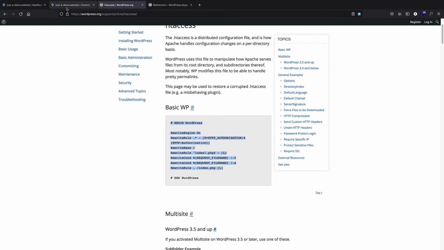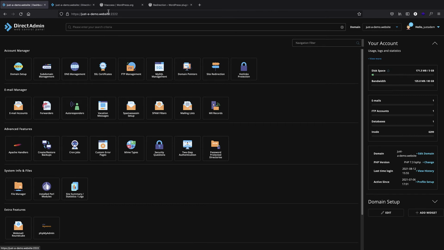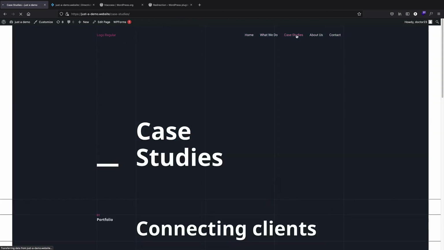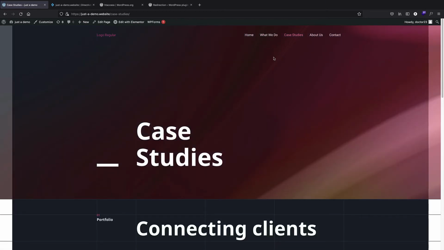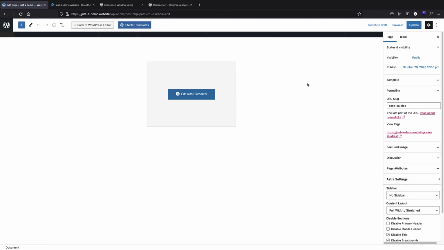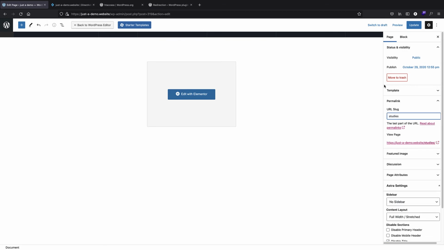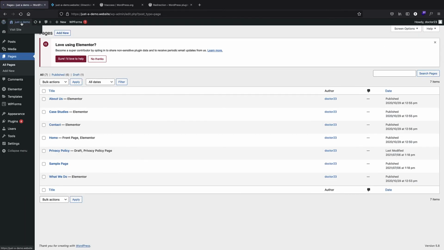And finally, I want to talk about a scenario where actually there is no problem. You have modified or removed a resource or a page, and then you're getting this error. And this can be bad sometimes, because let's say I have this page, case studies, and I have links pointing to these case studies, and let's say that someday I just change this URL. So I say, okay, I don't want it to be case studies, I just want it to be studies, and then update it. Now the page is updated, the URL has changed, and